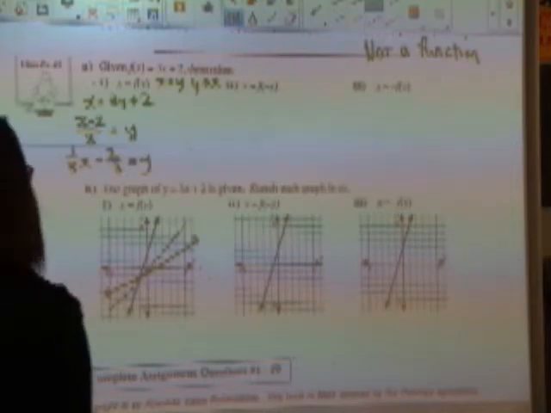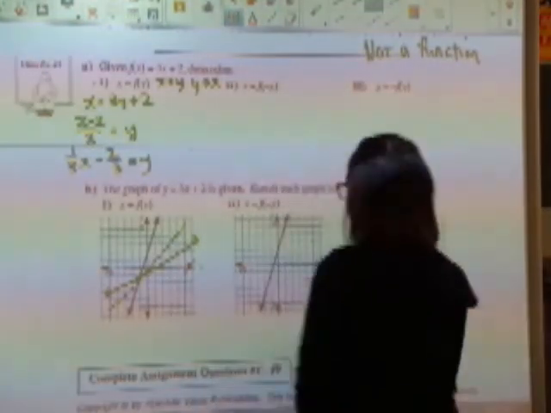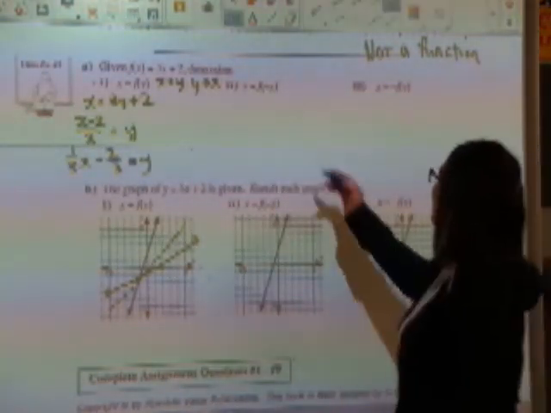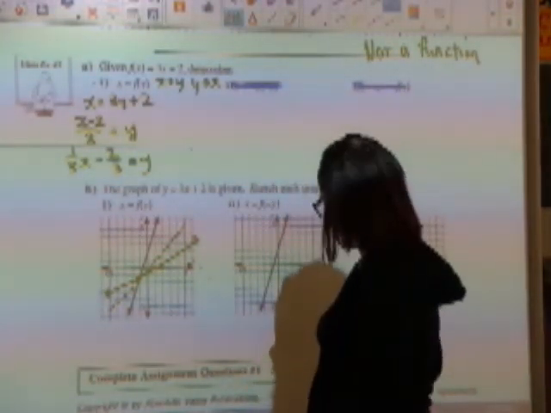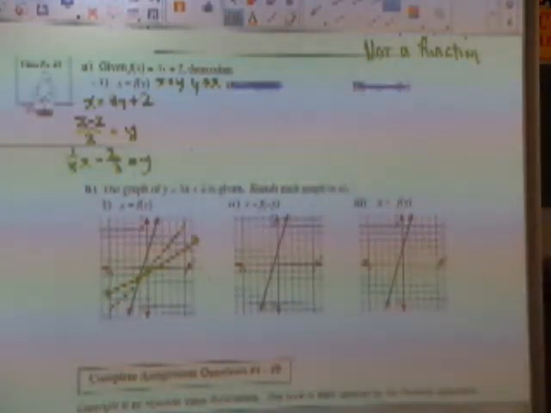If I look at the second one, number 2, actually we're going to omit that one. 2 and 3 we omit because they're beyond the scope. So your questions